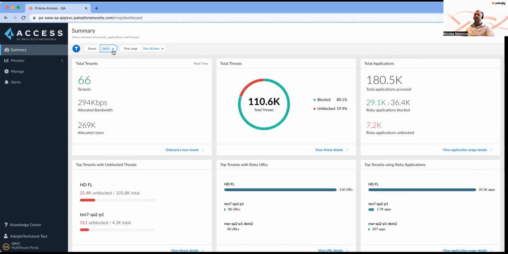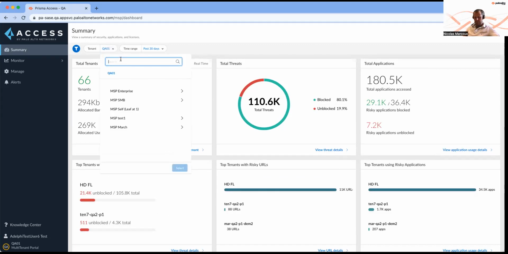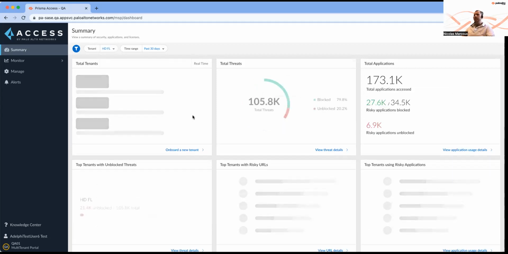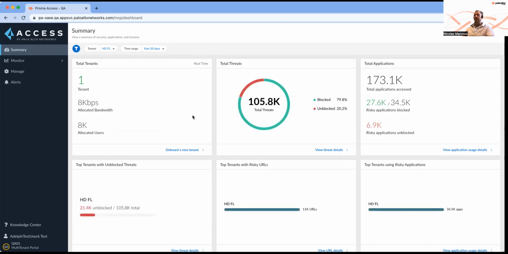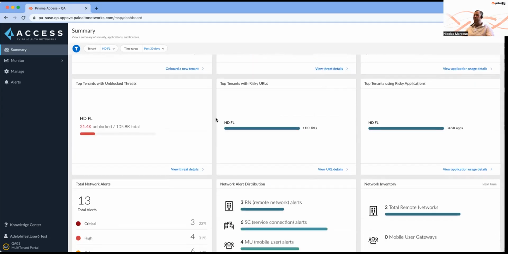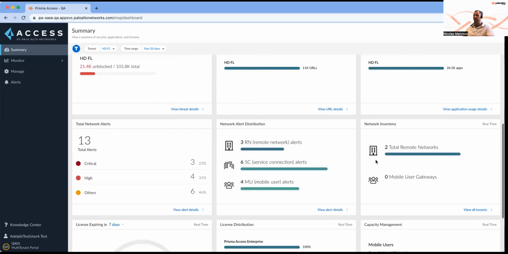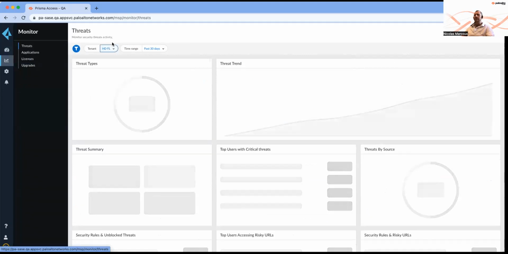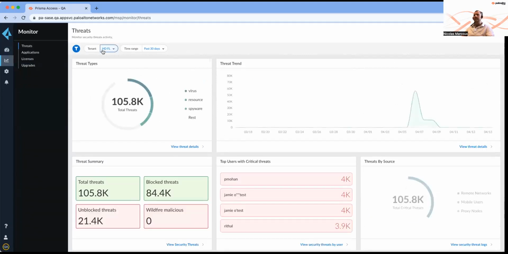So now what I can do is have a look at HDFL. Let me click on it. Now it's going to reload all the widgets with this particular tenant's information. So it helps me very quickly to zoom in on this particular HDFL and reload data only for this tenant. I'm not going over the widgets again, but you will have the same information. Now I can go to the monitor page, and you can see that I'm still attached